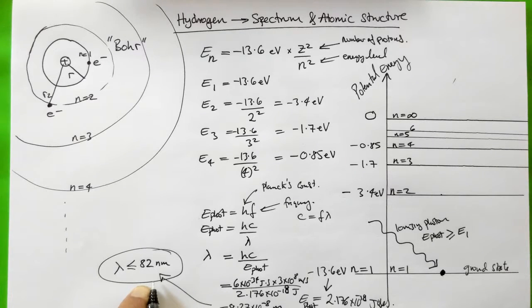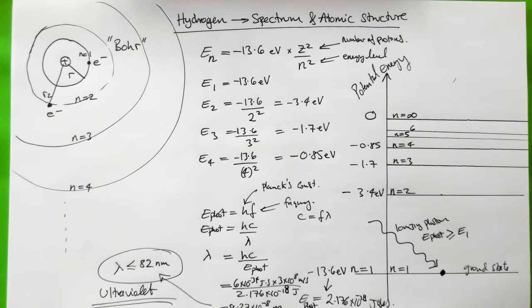So 82 nanometers is shorter than the shortest wavelength of light that can be seen by the human eye, which is 400 nanometers. So this is in the ultraviolet. So what we've just inferred is that ionizing hydrogen from the ground state requires ultraviolet radiation with a wavelength of 82 nanometers or shorter. So we'll do one more question related to this topic, which is